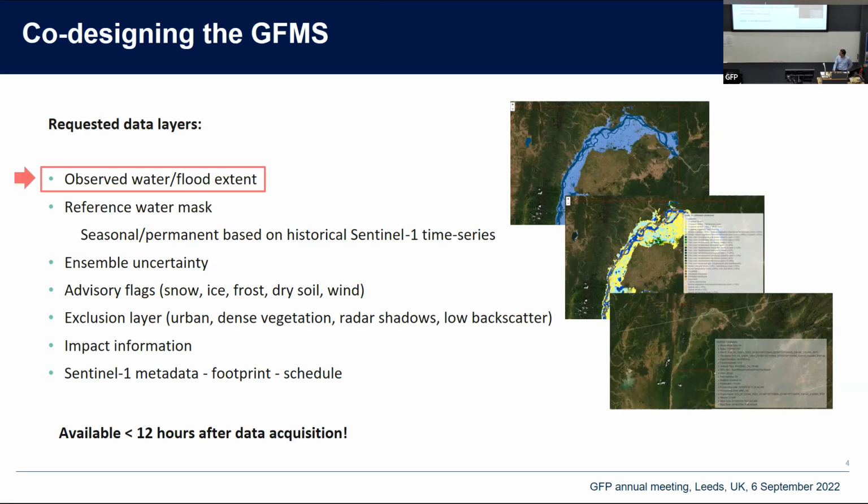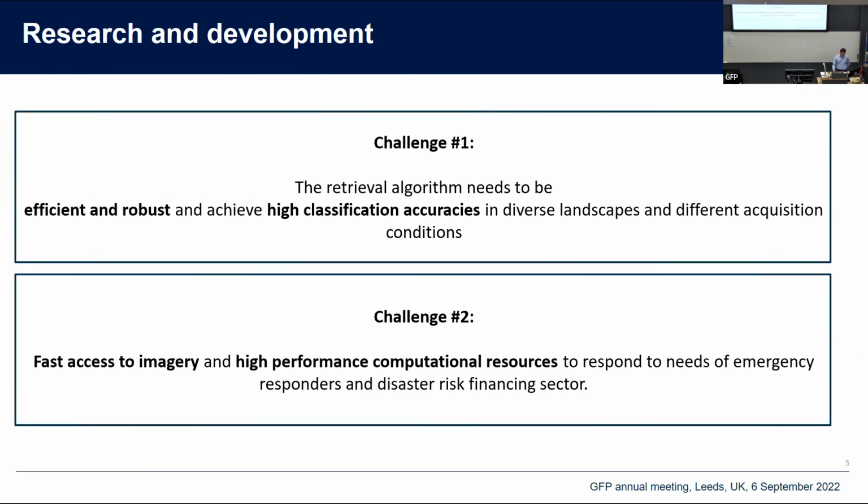So this means that we have two big challenges. First of all, the retrieval algorithms need to be very efficient and robust and achieve high classification accuracies in very diverse landscapes. That's a big difference to what was done before, because when you have a flood going on, you get the images from that flood and you process these images. That's rather straightforward. But when you have an image where there's no flood and you have to process it as well, there's a high risk of over detection. So that turned out to be the main issue of our team, to find a good balance between reducing the risk of over detections, but not on the other hand under detecting the floods